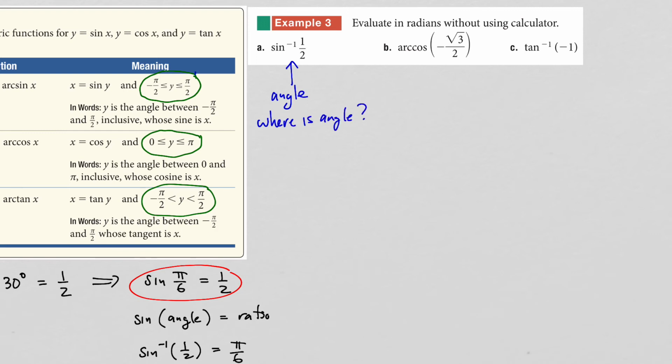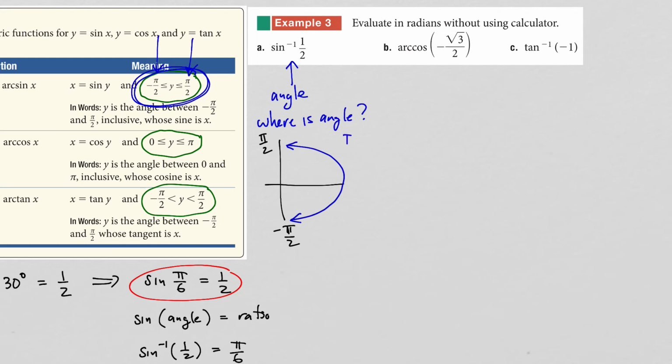Well, for inverse sine, it tells you that that angle has to be a value between negative pi over 2 and positive pi over 2. So if you look at angles in standard position, negative pi over 2 is down here, positive pi over 2 is up here. That means that that angle has to be somewhere in between those two values,